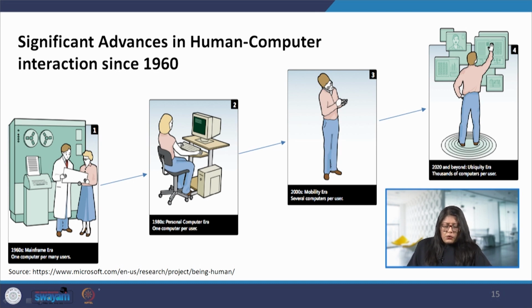Then in the 2000s we saw the mobility era, or the mobile era, wherein with the advent of the internet, almost everybody had a mobile phone in their hands. So we did not have to be attached to a cord in order to use the internet, but could move around. We had GPS, so we could find locations easily and be somewhere on time, and so on.